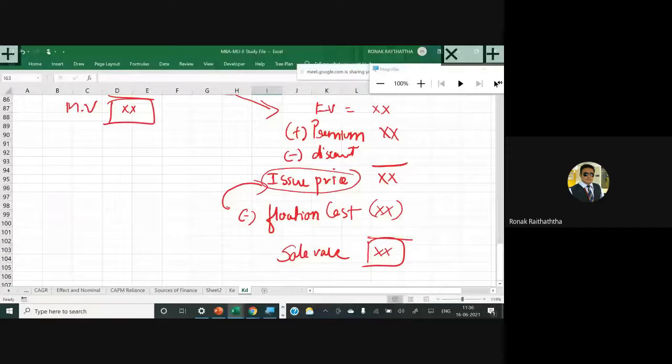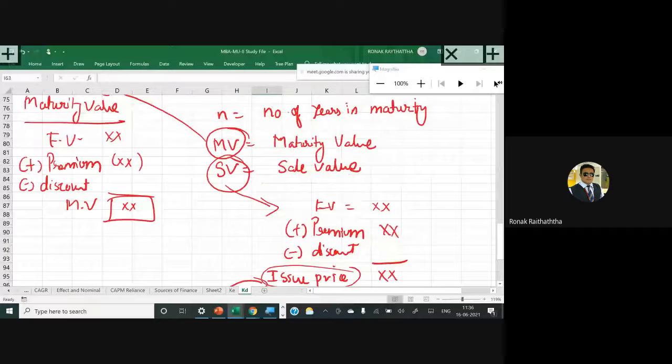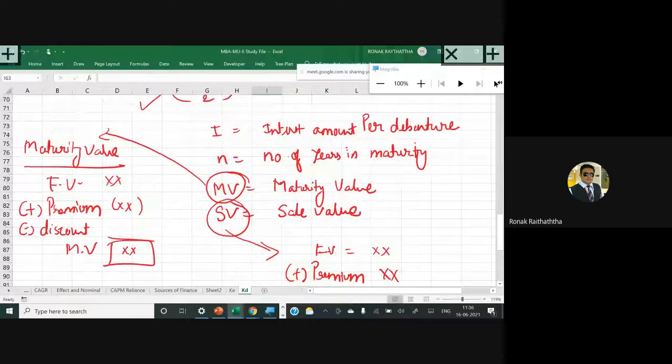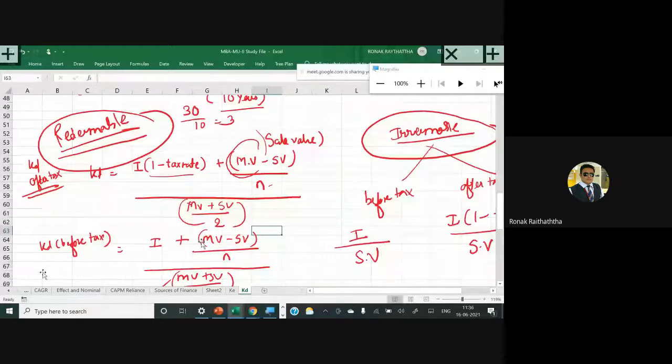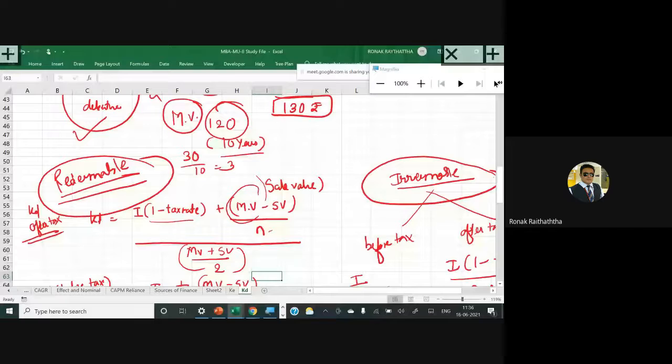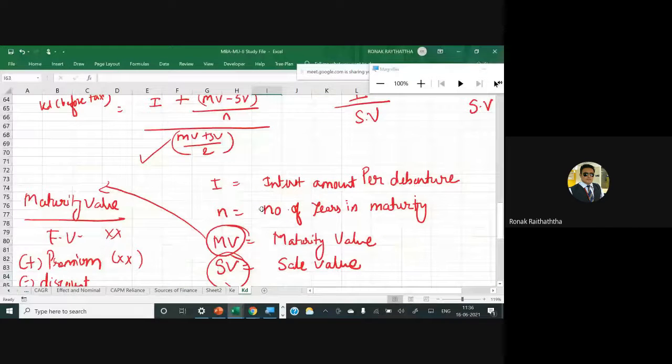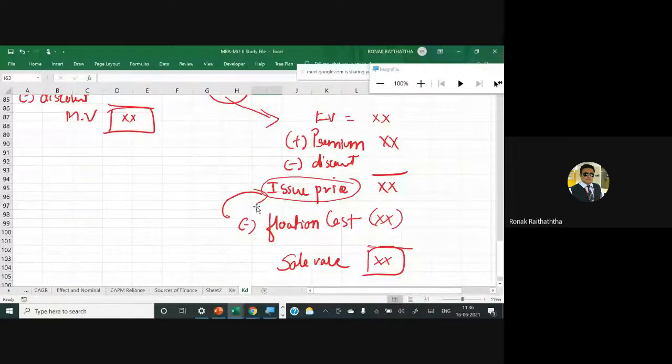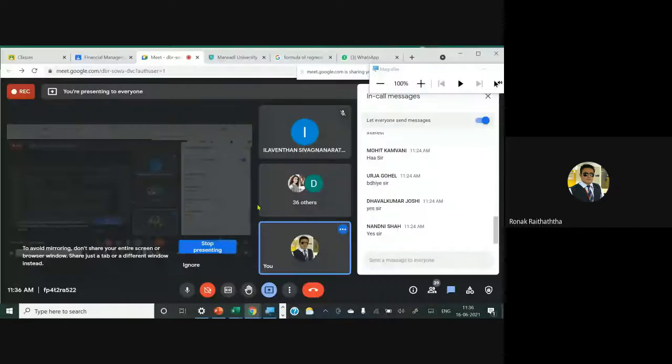I don't enjoy giving the formula chart directly. Students should know every single thing conceptually. Okay. Is it clear? May I have a confirmation? Should I wait for you guys for some time? You people are writing. If you are writing, let me know. I'll be waiting for 1 minute more. Confirmation, please.